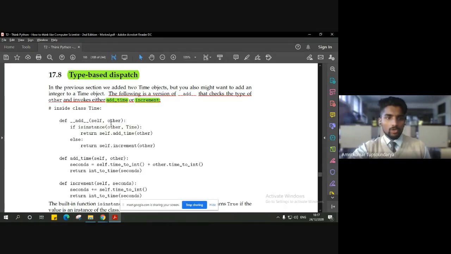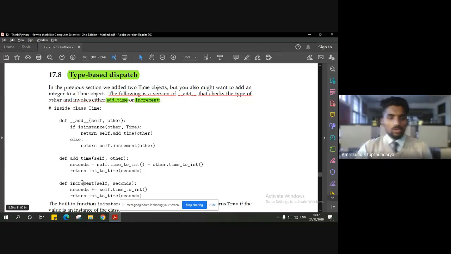And then it is going to decide whether to invoke add time or to invoke increment. So which of these two methods is invoked will be decided when we execute this add method. Depending on the type of this object other, Python will decide whether to call add time or to call increment.